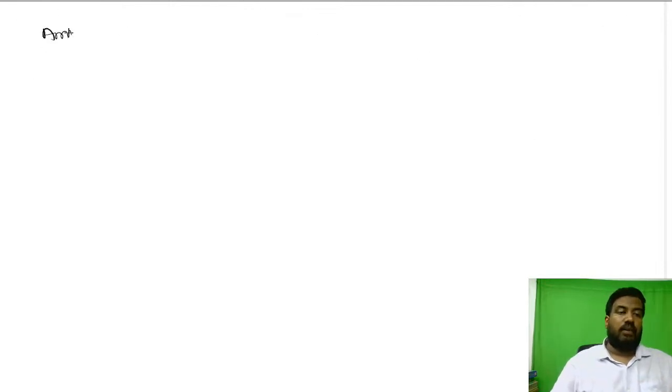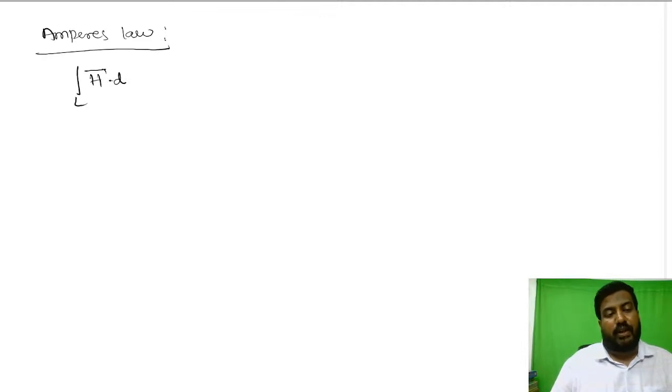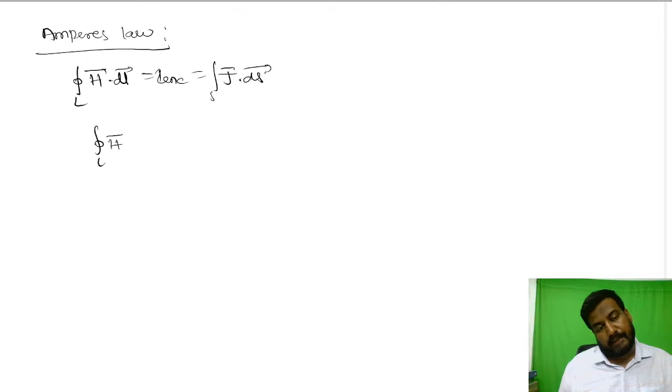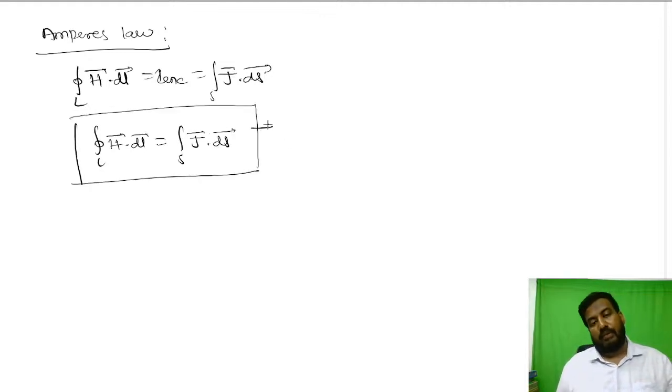Then we go for Ampere's law. According to Ampere's law, the line integral of tangential component of magnetic field intensity around a closed loop is equal to the current enclosed by the loop, where current enclosed is surface integral of J dot dS. Therefore, from this, closed integral of H dot dl is equal to surface integral of J dot dS. This is the integral form of